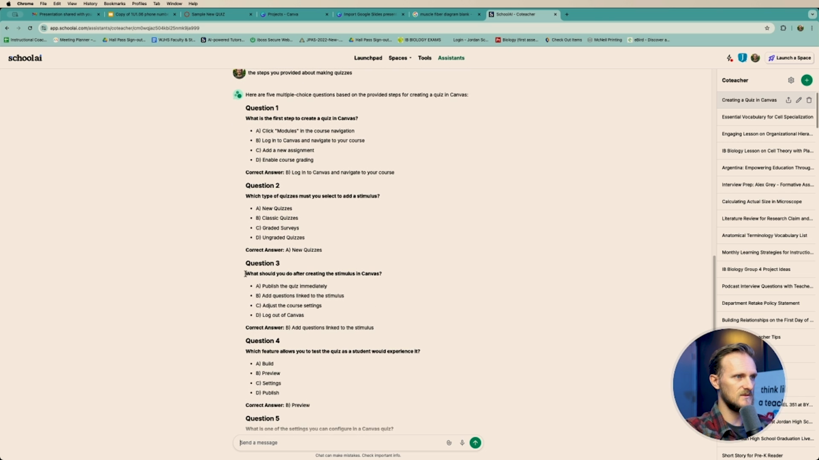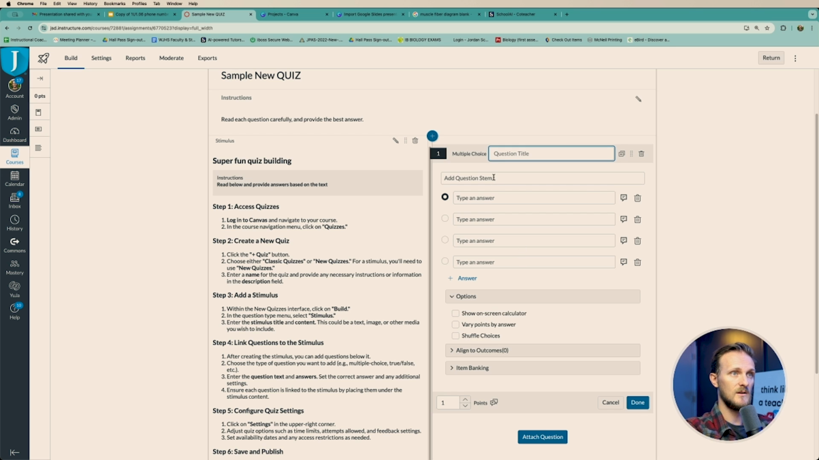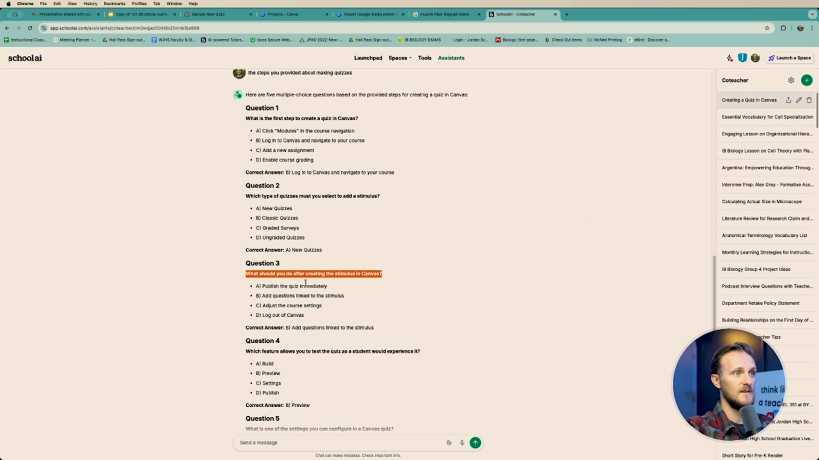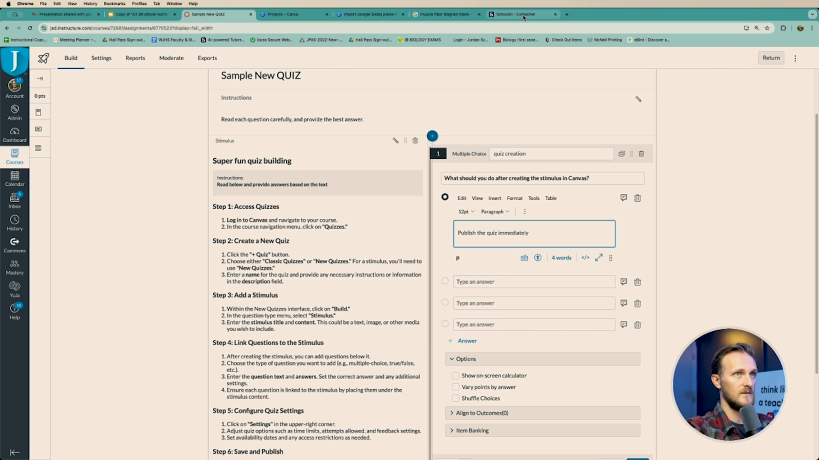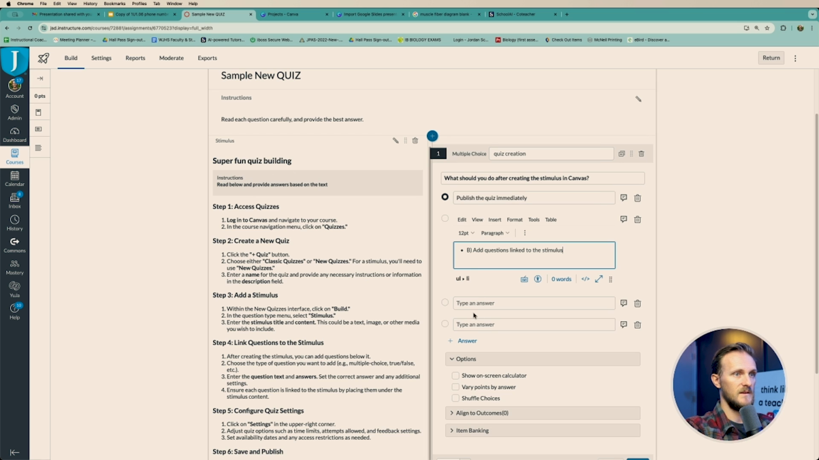So let's do this question. What should you do after creating a stimulus in Canvas? Boom, gonna copy this. Attach a question. It's a multiple choice question. So I will select multiple choice. Here we go. Question title, quiz creation. Question stem. That was the question that School AI gave me. And type in the answers. So I can type in all of the answers there. They are here. So we'll just quickly copy and paste